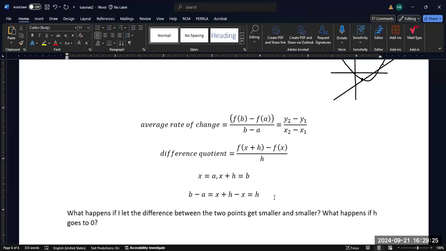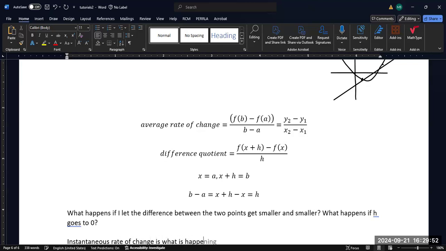It's still in other parts of the problem, but as long as you can get rid of it in the division, then you're good. And then you can plug in h equals 0, and you can ask yourself, so what is happening at a single point? And that is the instantaneous rate of change,